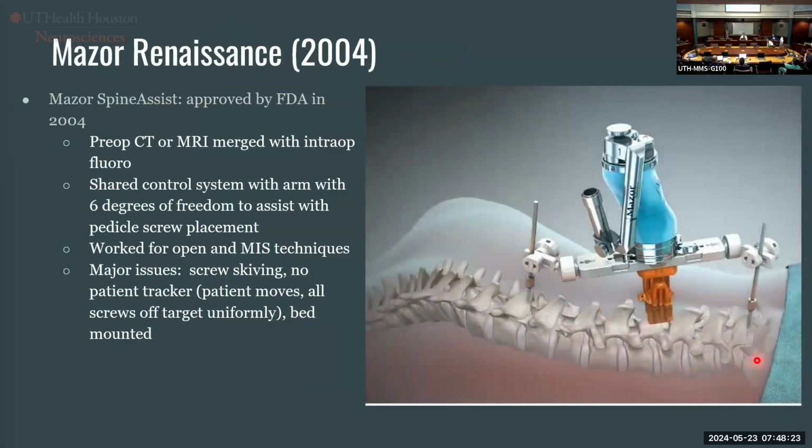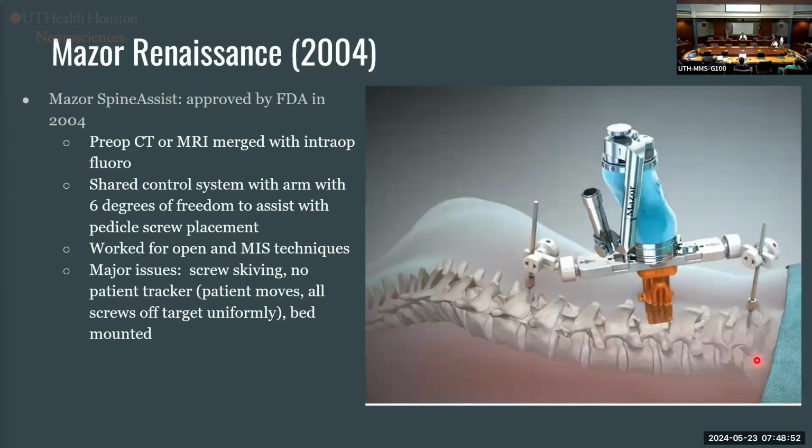Slow adoption of this, there were some big issues. One, it doesn't have a patient tracker, so it assumes that a patient is in the same position the whole case, no matter what, after the fluoro images are obtained. So if the patient moves a little bit, coughs, whatever it is, you can have uniformly malpositioned screws. And then it didn't have any deflection sensing technology. So you can put your instruments through its guidance tube and put too much pressure, skive with all the instruments